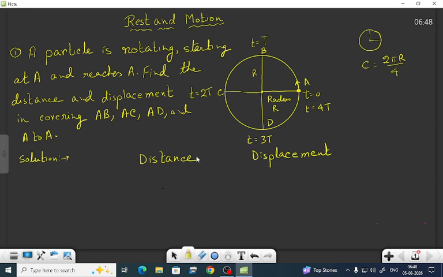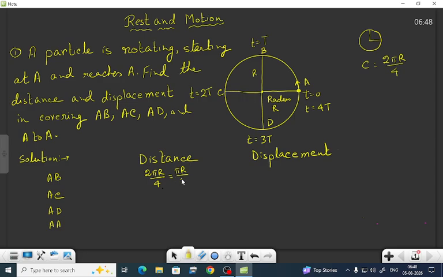So the distance from A to B, then A to C, then A to D, A to A, that we will find. For A to B, the distance will be 2 pi r divided by 4, 1/4 of that. This is 1, 2, 3, 4, right? So it is pi r